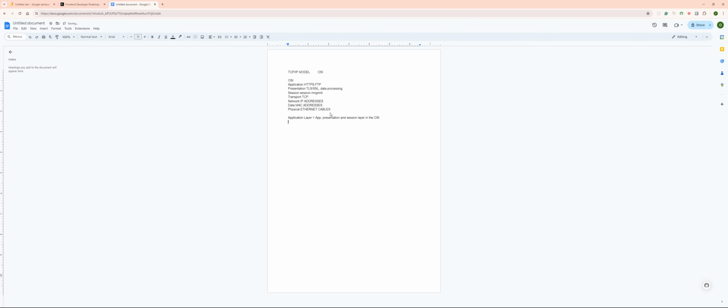The next layer is the transport layer, which is the same as the OSI transport layer. And then you have your internet layer,